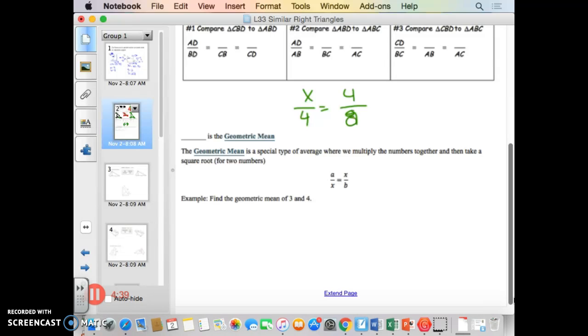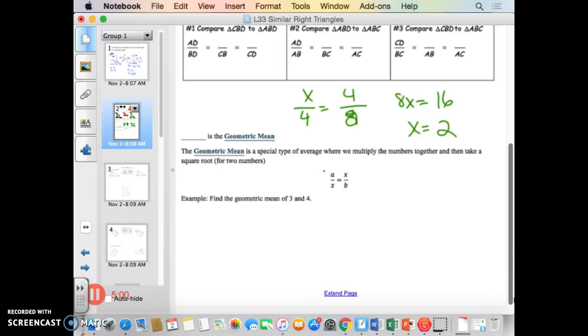You just take x times 8, which is 8x, and 4 times 4, which is 16, which gives you x equal to 2, okay? Now, today we're going to look at some ratios, some proportions that are set up this way, but we're also going to look at some proportions that are set up this way. And what this is called is a geometric mean. It's a special type of average